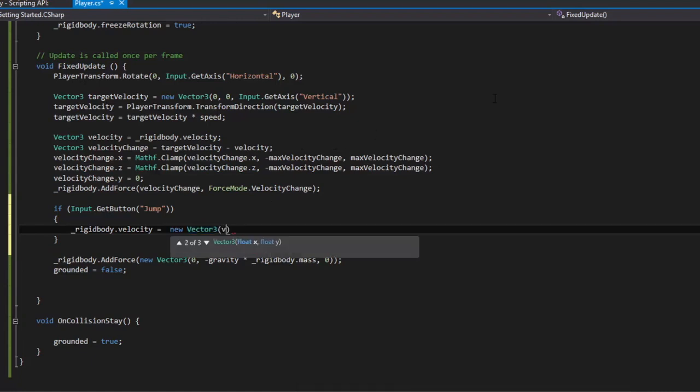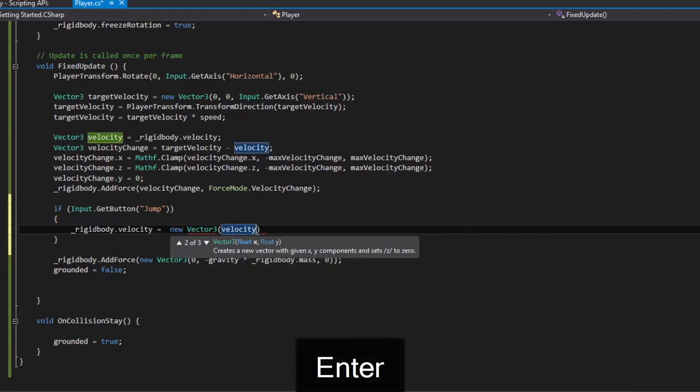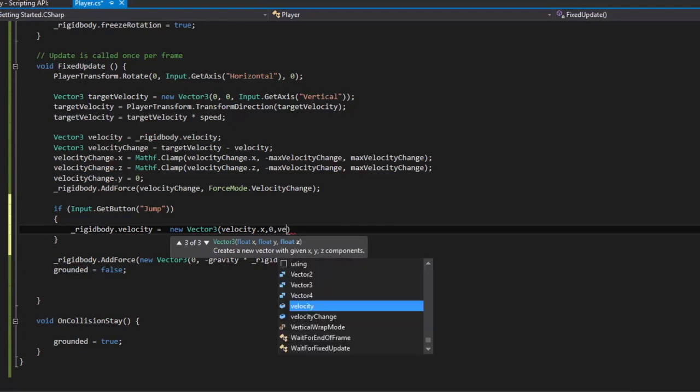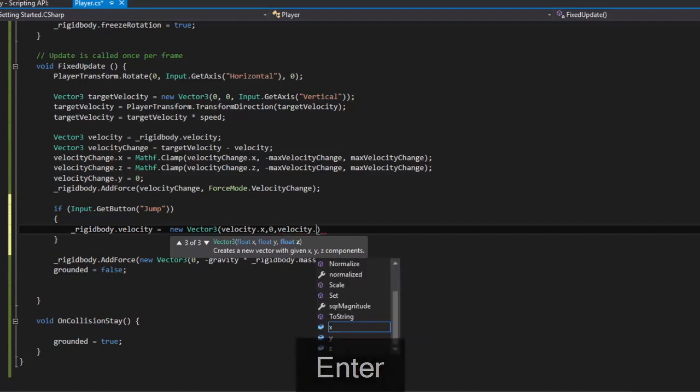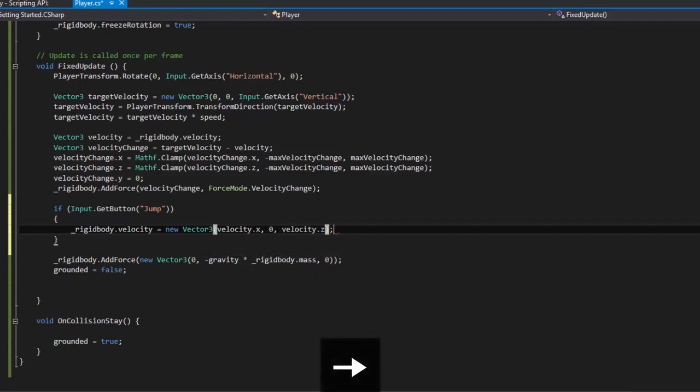So we're going to do the velocity x. So we're not going to zero this out because we might be going forward and jumping. So the current velocity of x, and I'm going to leave this blank, so I'm going to put 0, and that's where we're going to be jumping, and then the velocity of z. So we're not playing with these, they're going to stay default, so no matter what the velocity is,